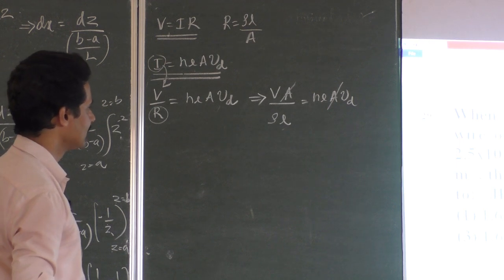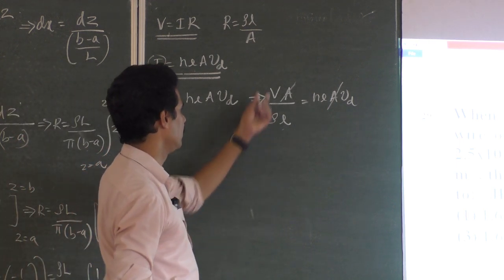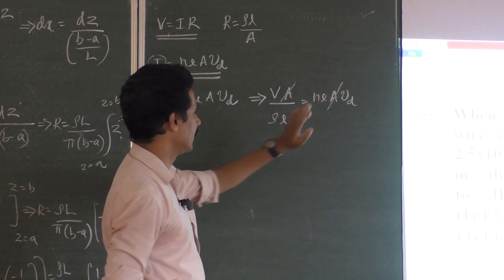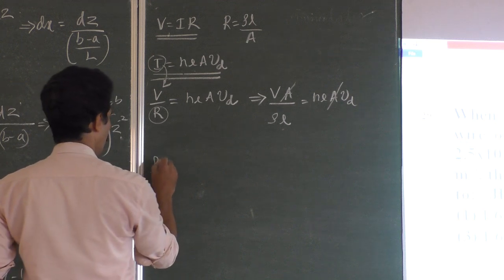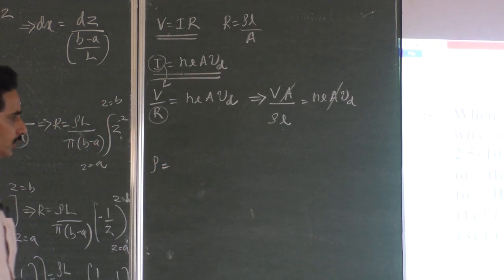Now what else is needed? Everything is available. V is available, L is available, everything. You have to find out rho. So shall we rearrange the equation for rho? Rho, resistivity, is equal to,